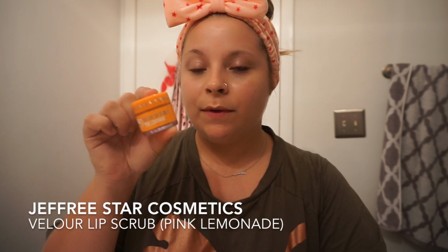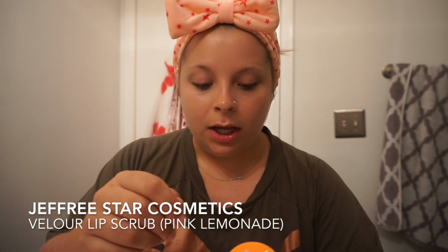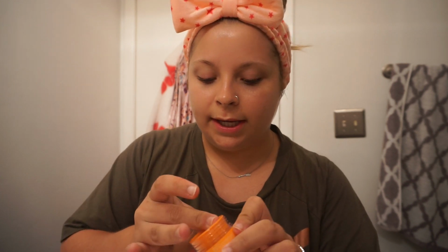And then another thing I do, especially if I have just filmed a video, is I go in with a lip scrub. This one is from Jeffree Star. It was in his summer collection. I have like 1,000 other ones in my drawer. This is the Pink Lemonade. So I'll just take a little chunk out of there and just